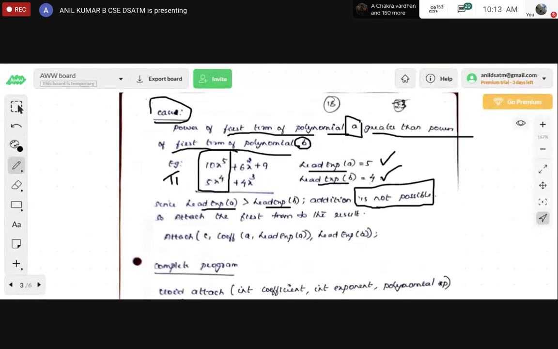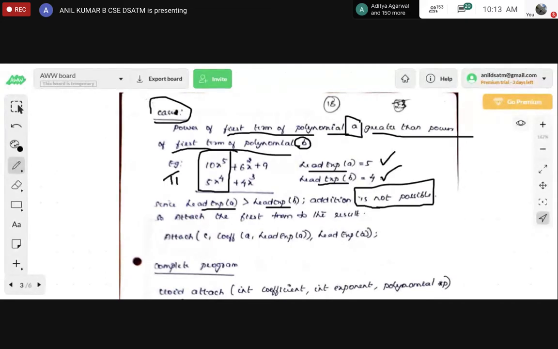First, check the first term of the first polynomial and the first term of the second. In the previous condition, what we checked was that the first term of polynomial a is equal to the first term of polynomial b, condition number 1. Then you can perform the addition.